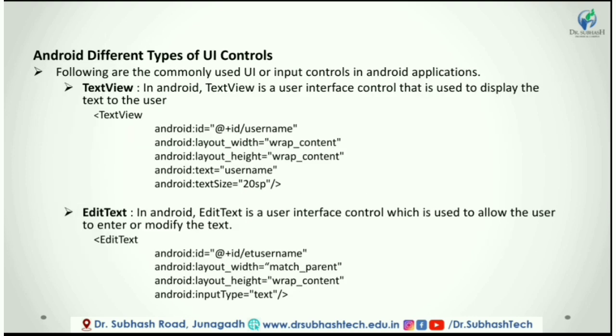Next is Android different types of UI controls. Following are the commonly used UI or input controls in Android applications. TextView. In Android, TextView is an interface control that we use to display text to the user.